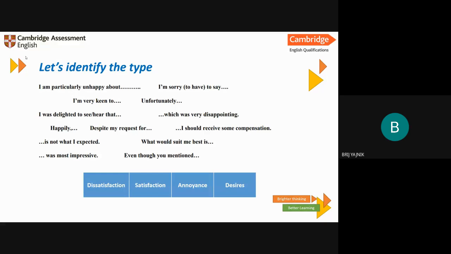Leila says it's a satisfaction. Utsav says it's a satisfaction. Yeah, it's a satisfaction, right? So your first case is a satisfaction, and that's the language you use when you try to talk about satisfaction with the customers, or with the sender or the reader to whom you're sending an email. Now let's try to identify the others.